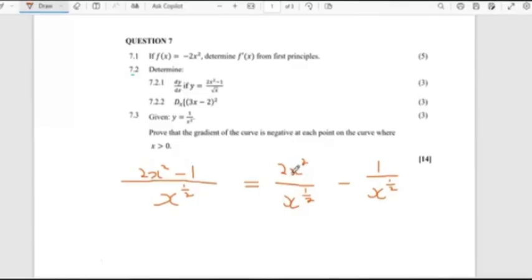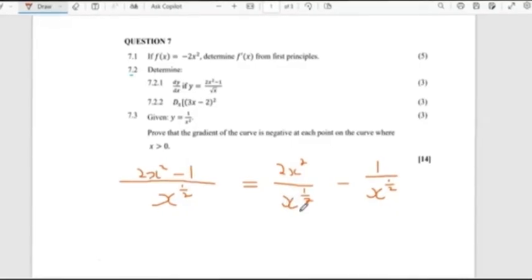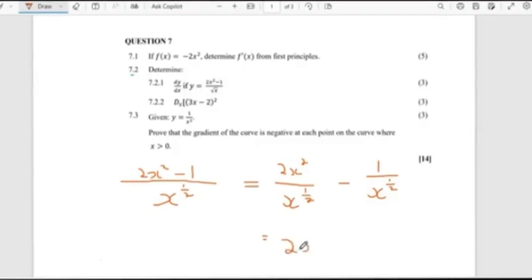Now, because these two are dividing one another and they are also the same, I can apply my laws of exponents in terms of dividing terms which are the same, right? Because these two are the same, I can retain the term which is x and subtract the exponents. Why? Because these two are dividing one another. What I'm saying is that this is the same as 2x. Now, we retain the term and subtract the exponents. So my exponent is going to be 2 minus a half,